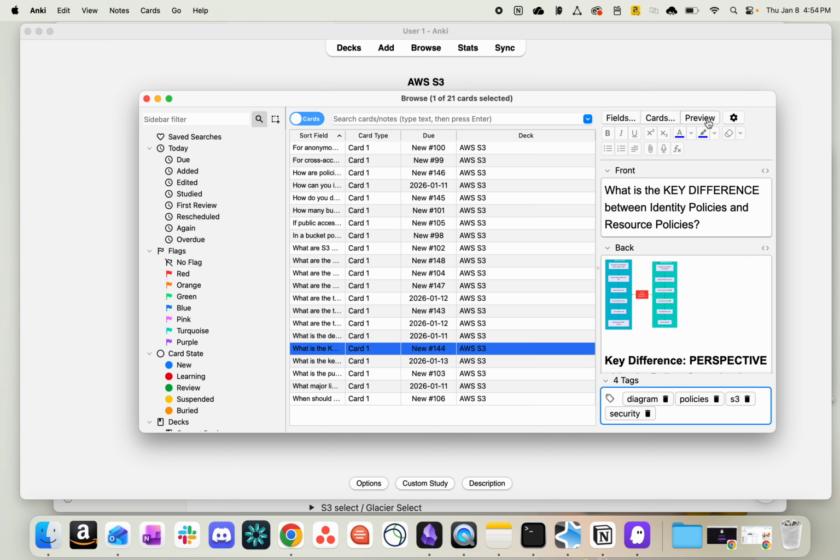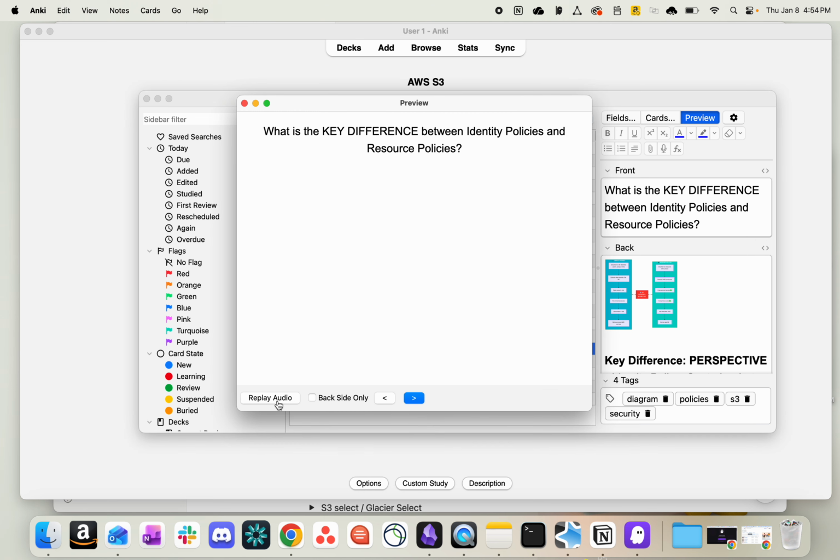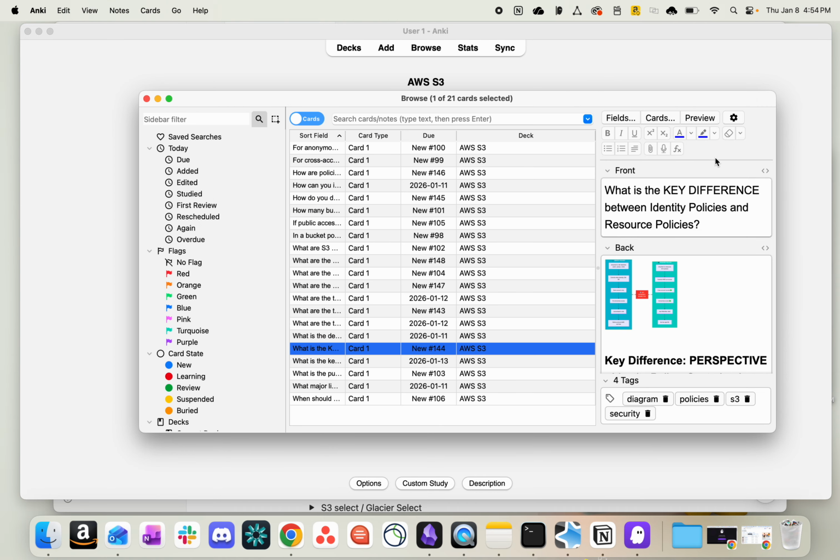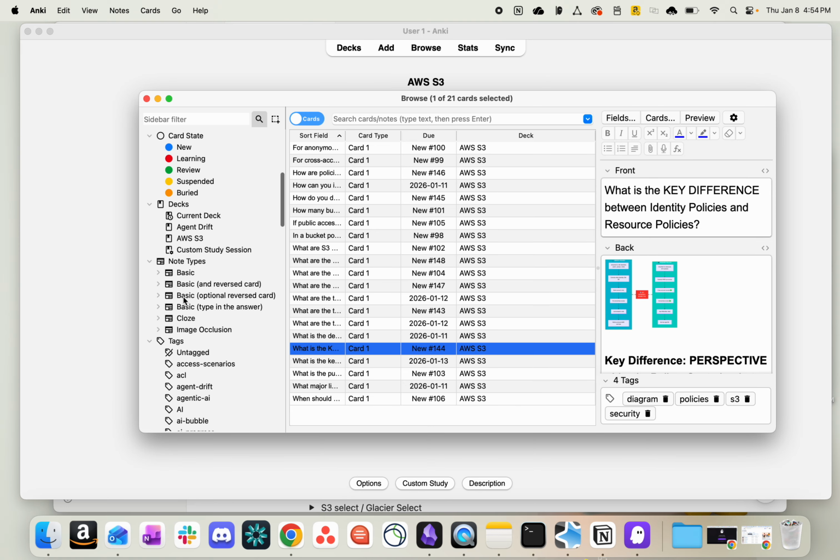Interesting. I mean, it shows a diagram here. Anyways, I'm gonna try to figure out how to use Anki a little bit better, but nonetheless,